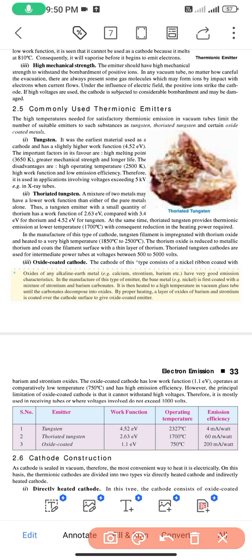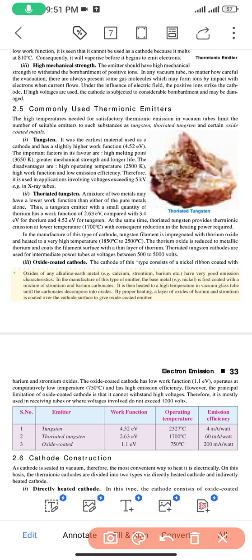In the manufacture of this type of cathode, tungsten filament is impregnated with thorium oxide and heated to a very high temperature, 1850 degrees Celsius to 2500 degrees Celsius. The thorium oxide is reduced to metallic thorium and coats the filament surface with a thin layer